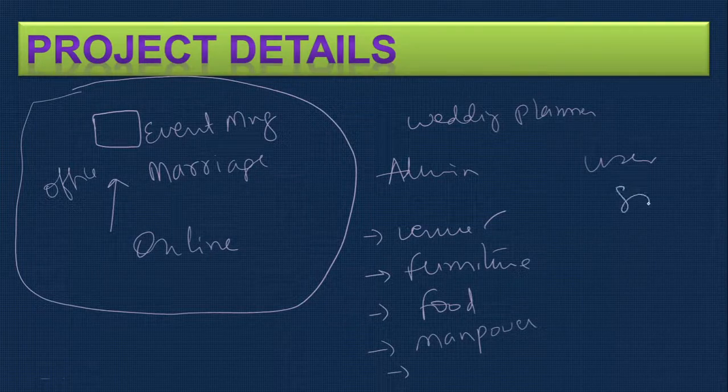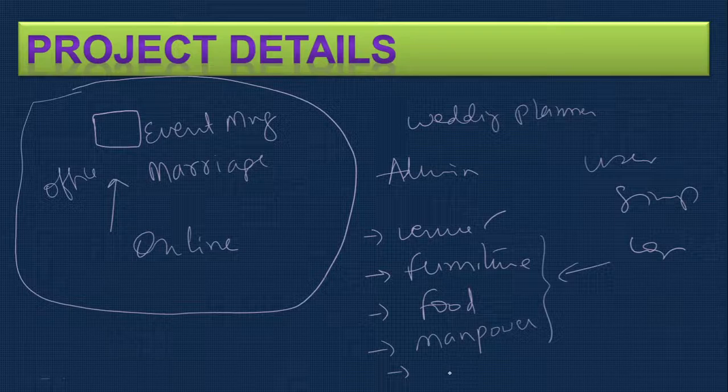Now a user can sign up, log in, and choose all these things. Once they choose, the company comes to know that these are the things selected by the user. They need to arrange everything, and they finalize the things. Therefore, it will be easier to communicate. The user can easily communicate with the event company and select based on their choice. So there will not be a lot of one-to-one discussions, because everything can be done online.